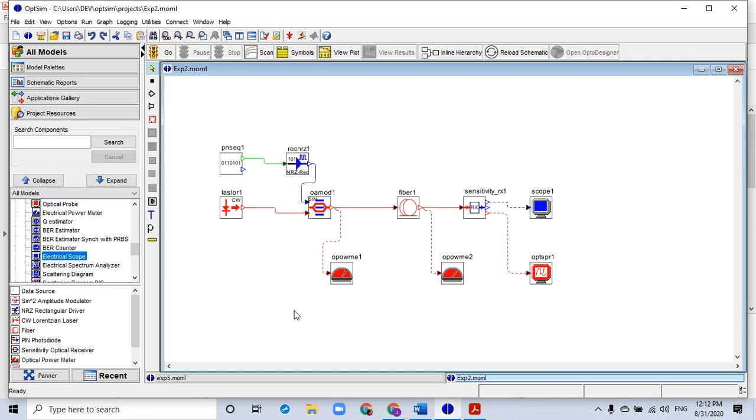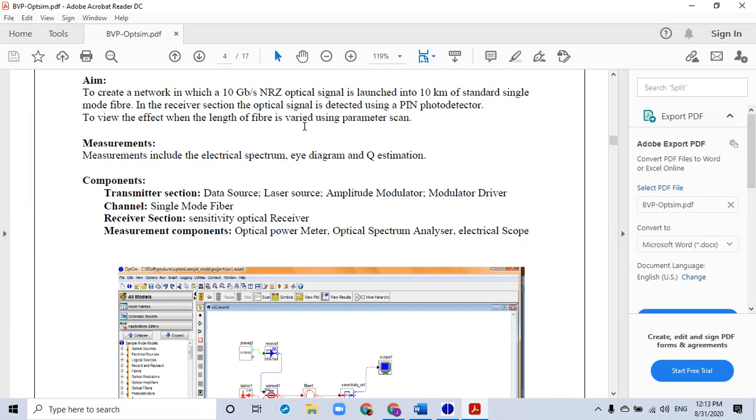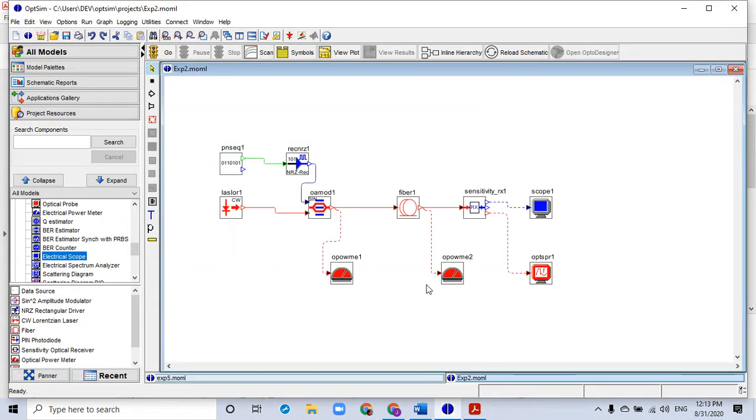So designing is done. Now we need to simulate it, right? So first, the other part of our aim is to apply a parametric scan by varying the length of the fiber, right? So I just go over here. Now how do I apply this parametric scan to the length of the fiber?